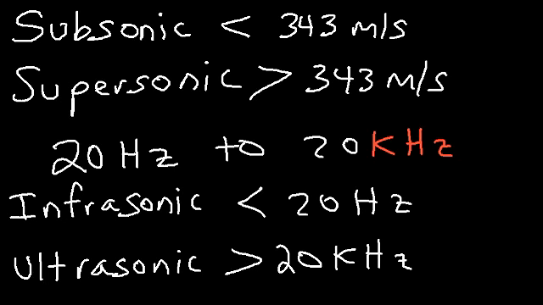A good example of infrasonic sounds are sounds that have a lot of bass. They have a very low pitch. The word pitch has to do with the frequency of sound. So like an earthquake has a very loud rumble, but it has a low pitch. Thunder, volcanoes, heavy machinery, these things, they have a low pitch or low frequencies related to them. A sound with a very high pitch has a high frequency.